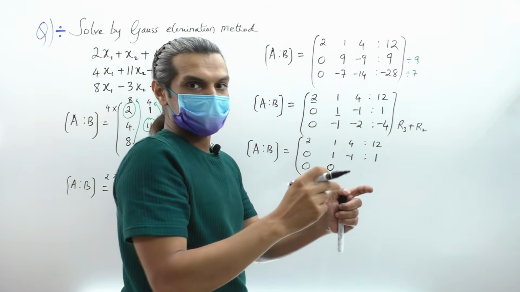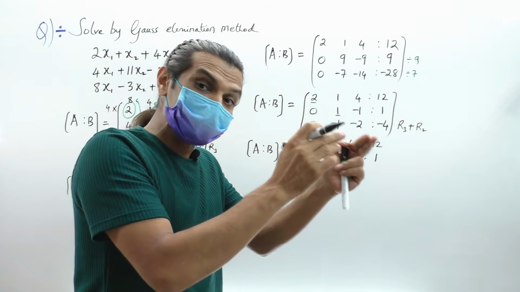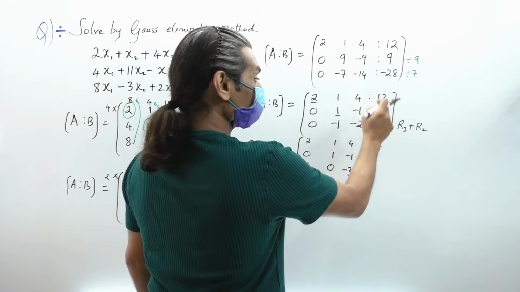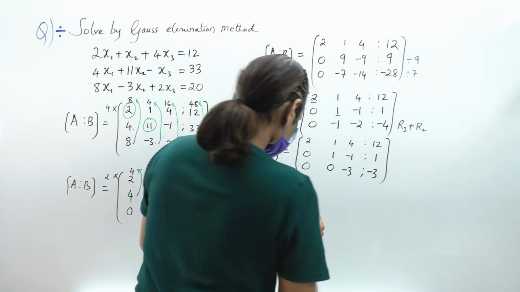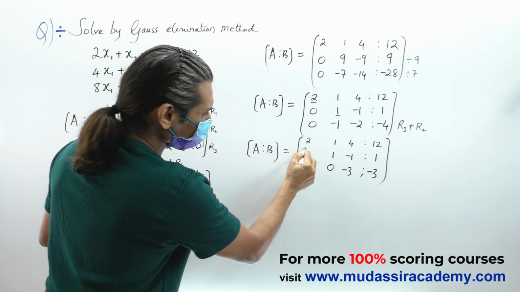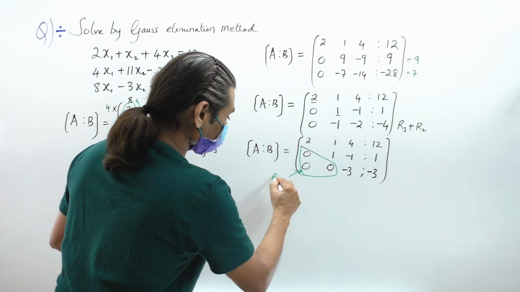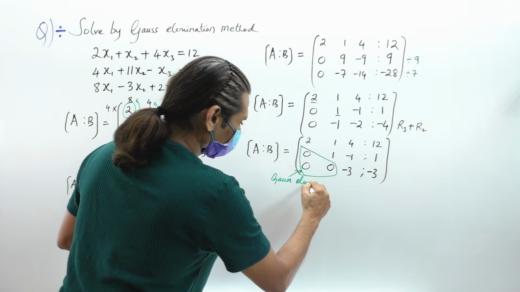Minus 2 minus 1, minus 2 plus minus 1, minus 2, 2 plus 1 is 3, minus minus, so it will be minus 3. And lastly minus 4 plus 1 is also minus 3. That's it. So our work is done here. See, all this I made 0. This is called what? Gauss elimination. From below, making all zeros is called